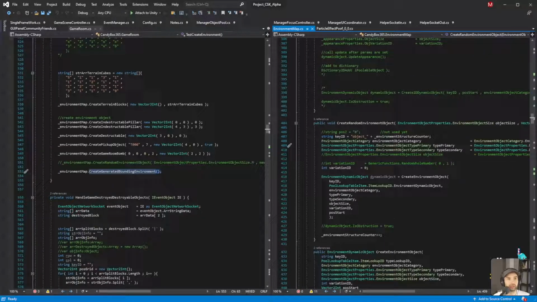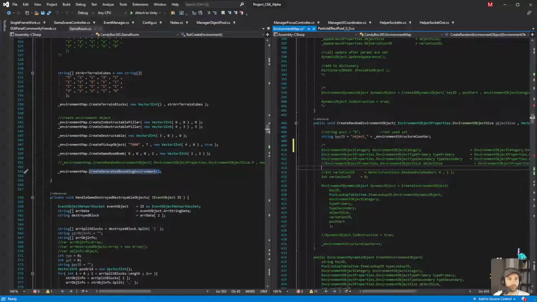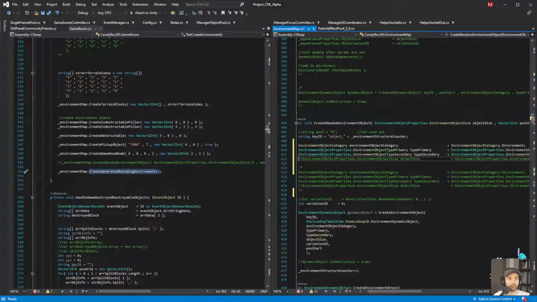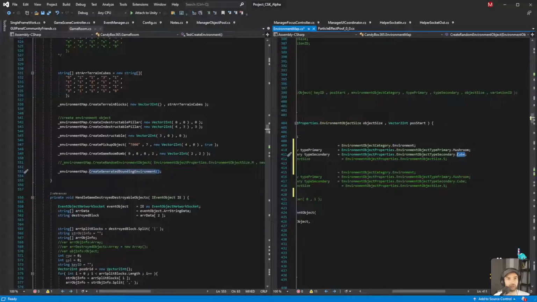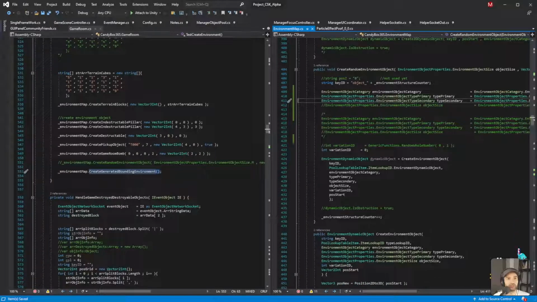What I want to do is take these, duplicate that. And then instead of environment, instead of mushroom, it's going to be a tree. And instead of cube, it's going to be a round cone. Okay? So now when it goes to generate it, it's going to fail because we don't have conditional logic to handle that.